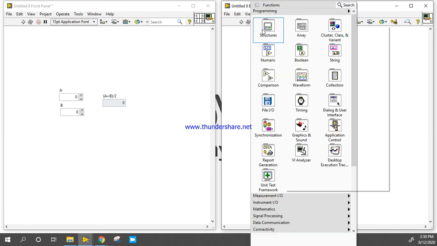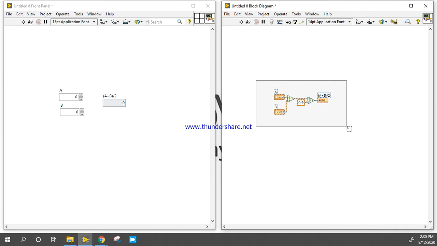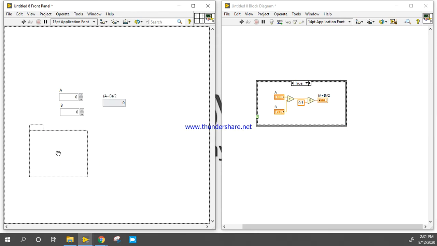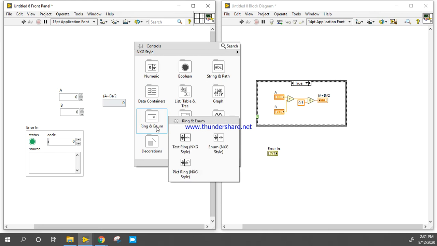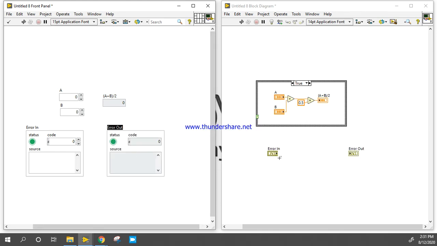Now let's try to design this program in a generic way. For that we can add one error function here. Right click, come into the error, take error input, take one error data container, take error output and connect here.